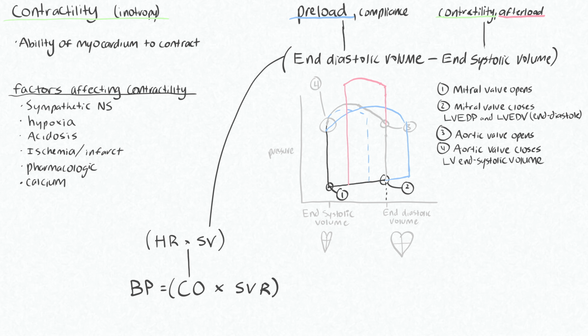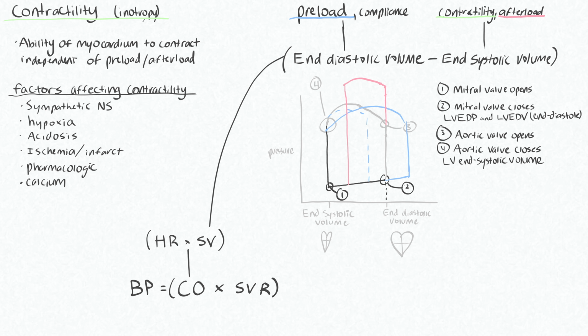afterload. Lastly, we have the contractility, which is the ability of the myocardium to contract, and this is independent of the preload and the afterload. Another word for contractility is the inotropy, and that's how well the heart ejects blood given any amount of starting